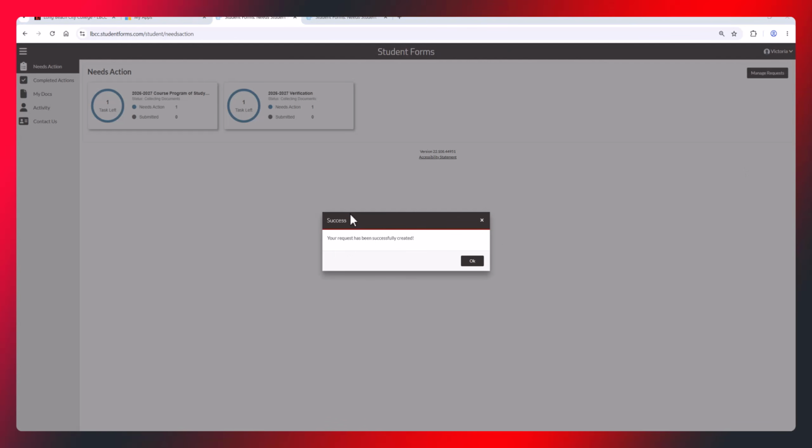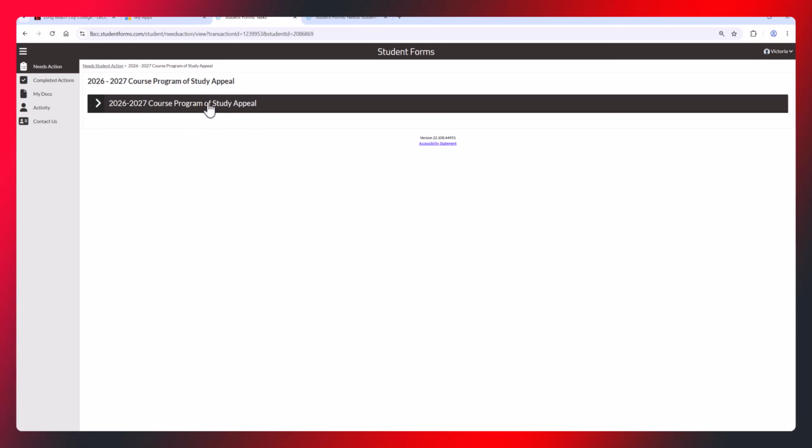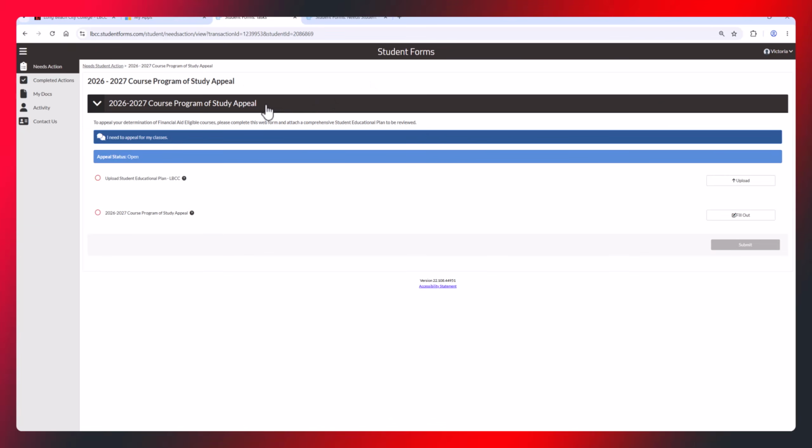Once you do that, you'll be provided with this box that says your request has been successfully created, and you can hit OK. It will bring you back to this Needs Action page, so it will now add in this course program of study appeal. You'll want to hit the one task left, and it will bring you to this appeal that you need to complete. When you hit the black box for the course program of study appeal, it gives you two tasks that